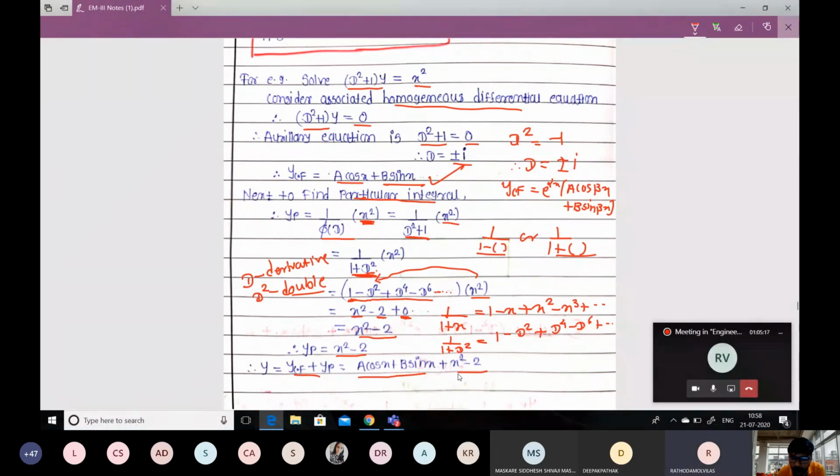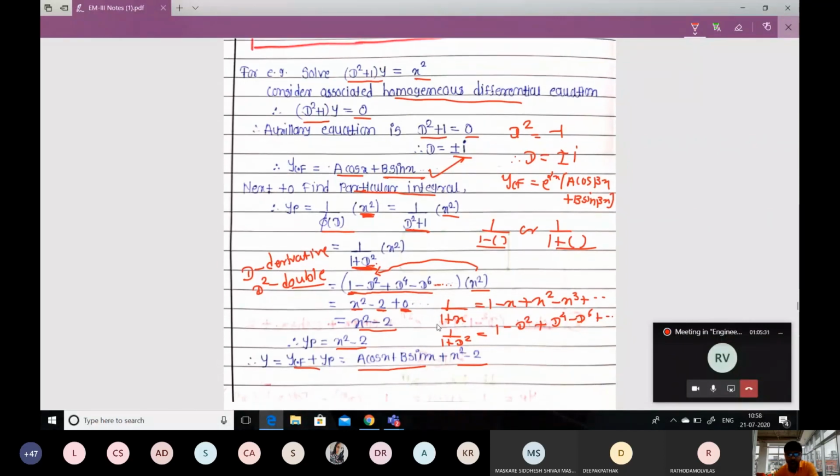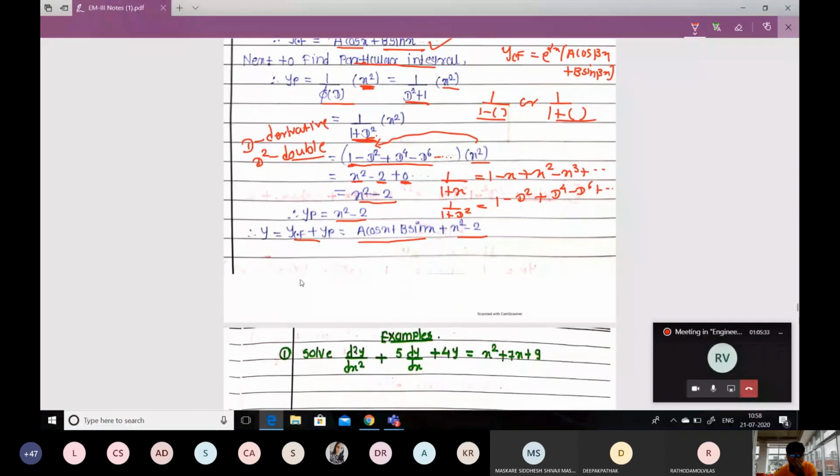If you said d square, then you will do this; if it is d, then you just have to use this series expansion, no problem. If there is a d there, then x is equal to d, you have to put. For example, if you have 1 upon 1 plus d minus 3 upon 2, something like that, then what you have to do is replace x with this whole term, d minus 3 upon 2.